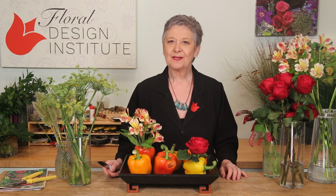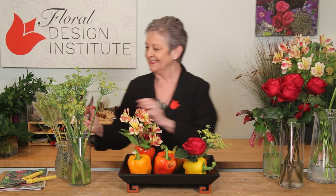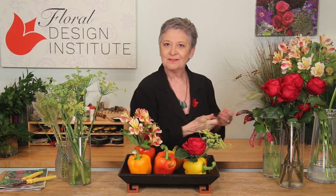As I continue, I think about pulling the eye from side to side. So even when you're doing a component design like this, you still want your elements and principles. You want that line, you want spacing, giving it a cut, dropping it in, pulling that dark red front to back, picking up the red, and then adding in with interest, maybe some dill, letting it come out to the side, expanding the arrangement, the bunny tails to give a little bit of soft whimsy, coming up taller,